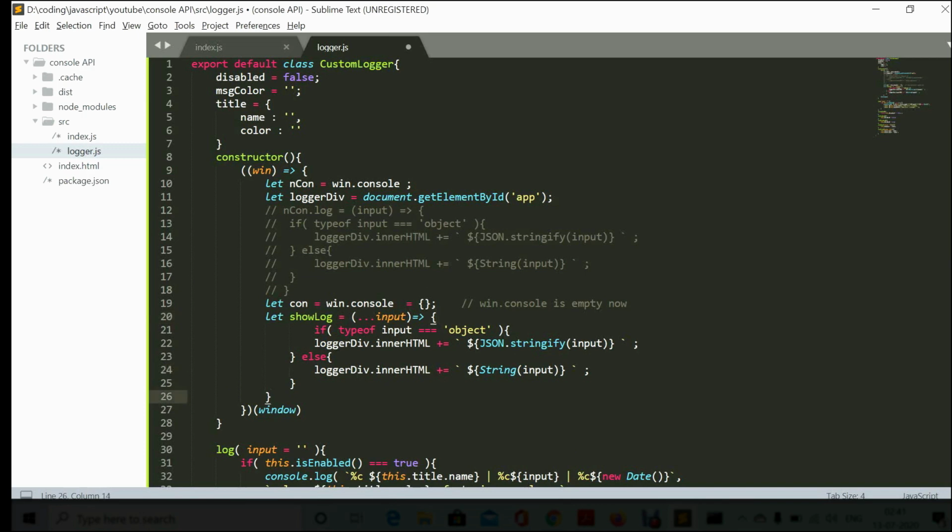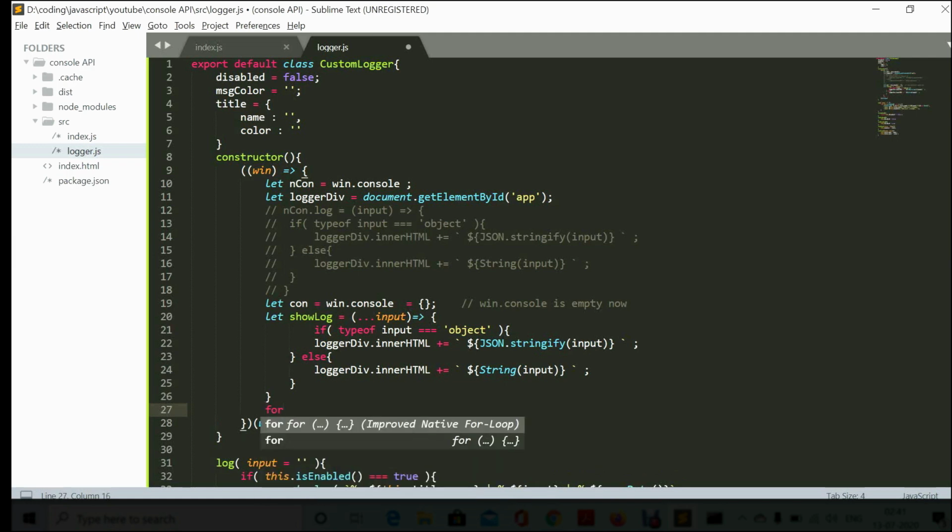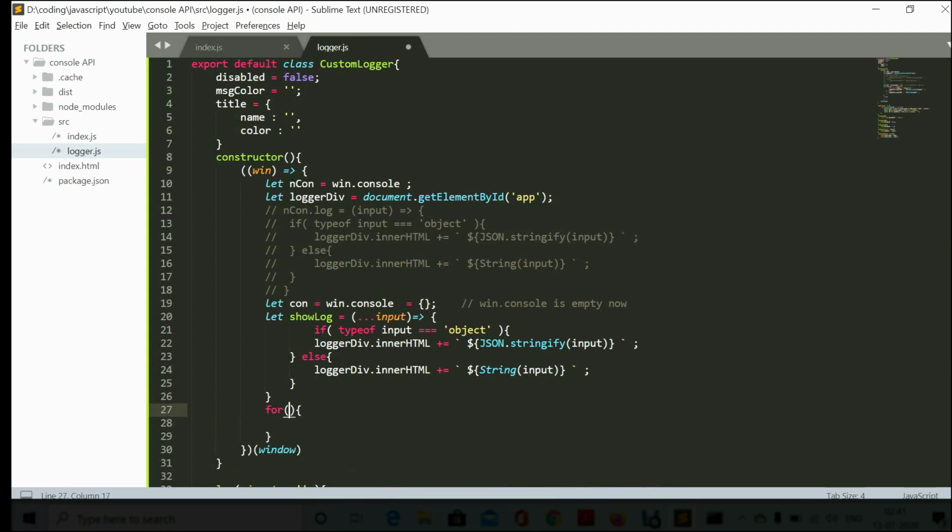This is the function which we want to add to each and every console method. Now let's go through each and every method like log, assert, count, whatever method is there. This is the entire console, and every time we'll get one method from it. If it is a function,